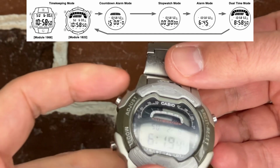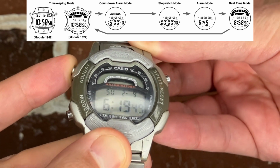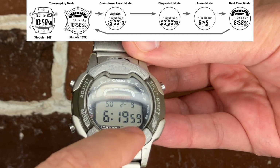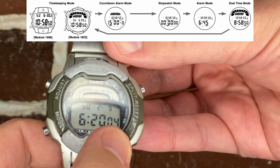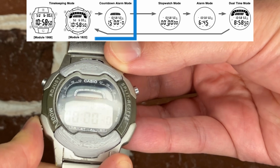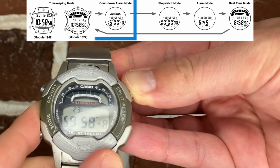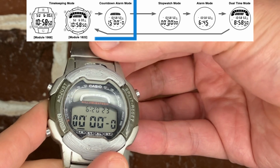From the timekeeping mode, if we long press adjust, we will enter the time adjust setup. This is the classic Casio style. To save, we press adjust again. On the bottom of the display we have written timer, stopwatch, alarm and dual time. These are the modes that this watch has. One press of the mode pusher, we enter into the timer, start, stop and reset. It's written here split reset. This is related to the start stop. Next mode,